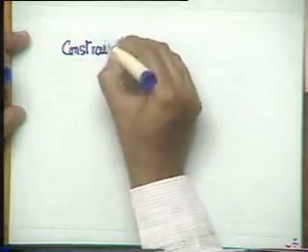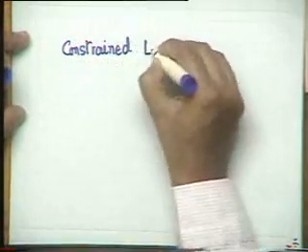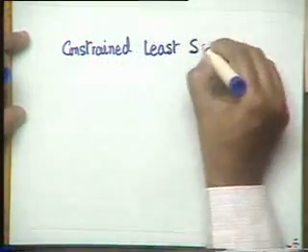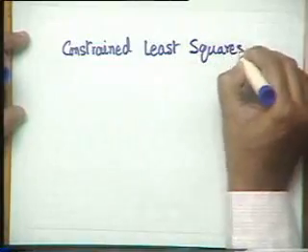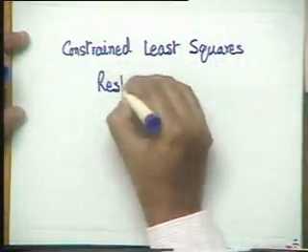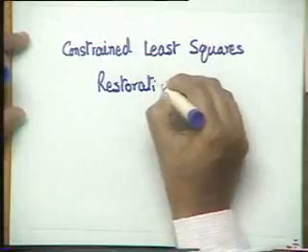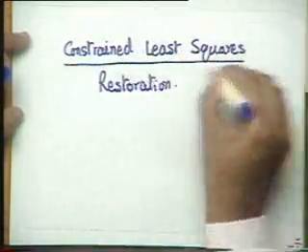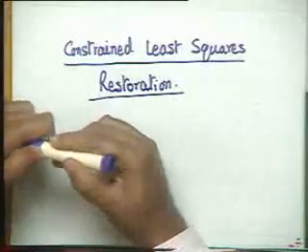Our today's lecture is on the constraint least square restoration. Now, so far we have seen two image restoration approaches. The first was the classical inverse filtering approach, and then in the last class we also saw the Wiener filtering